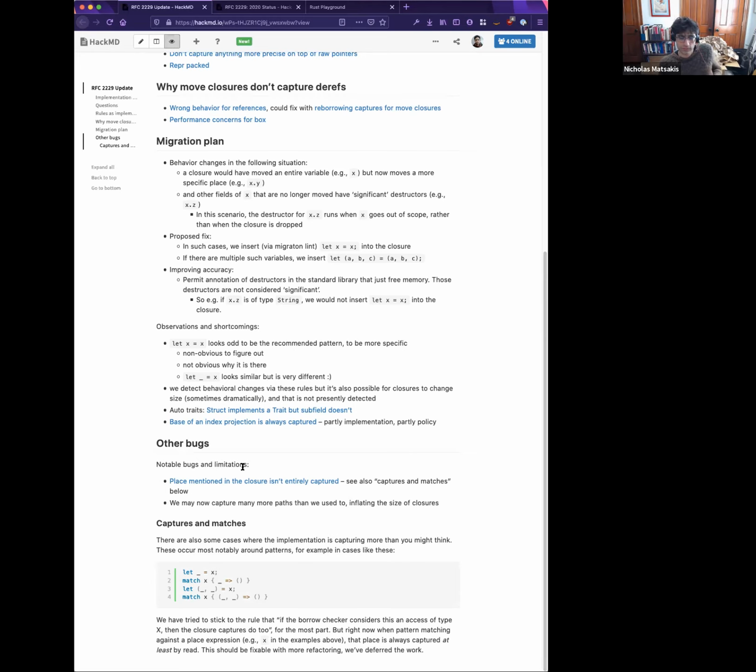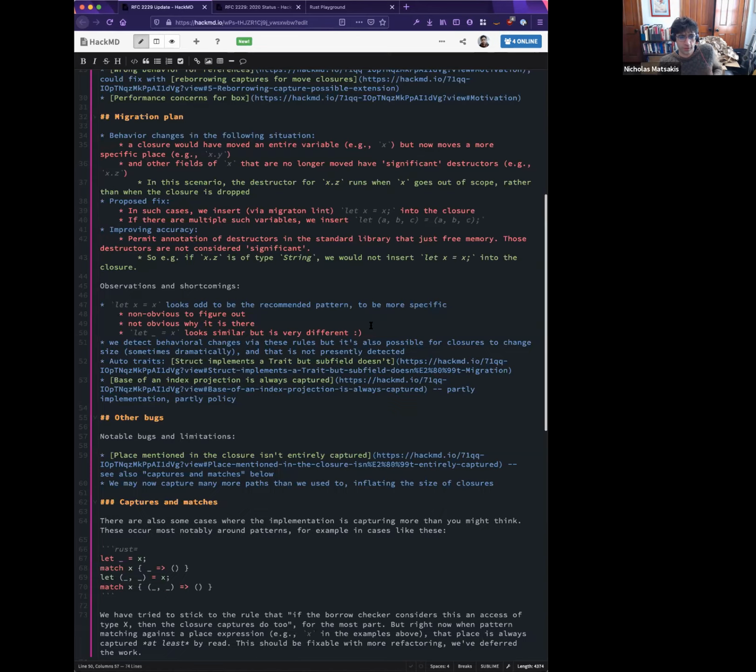Sorry, who? Do we have some sense of how common, like as a percentage of closures or something, this would be? And potentially I could see us doing like we insert drop X if there is only one exit path or something like that. Yeah, that's a very good question. No, but I think we're getting close to the point where we could use Crater to